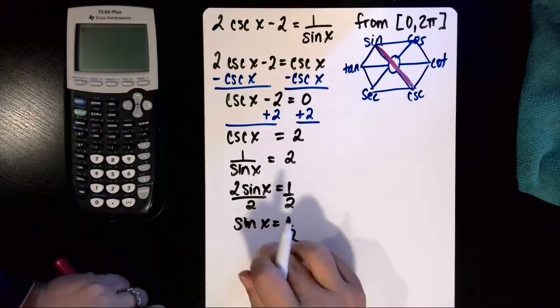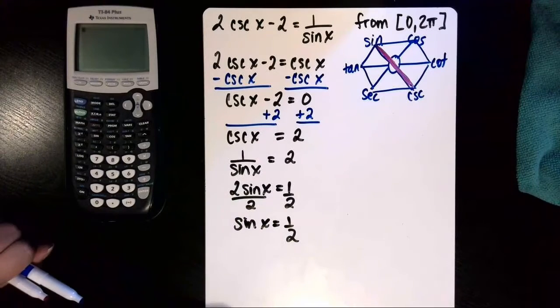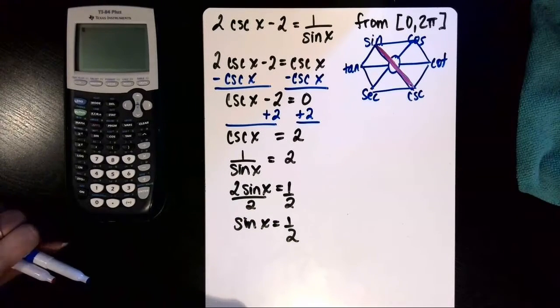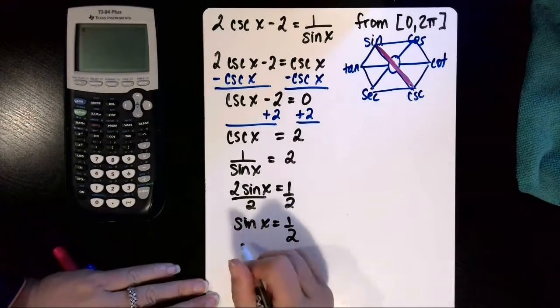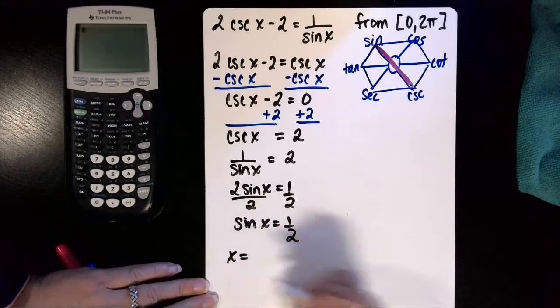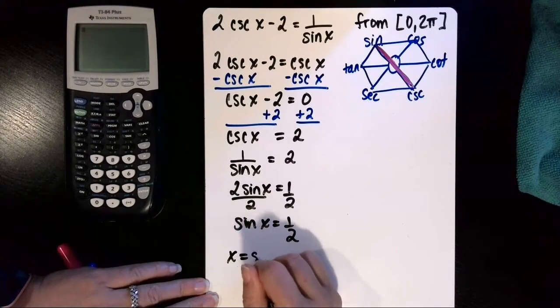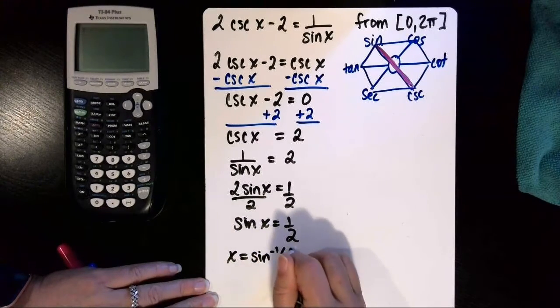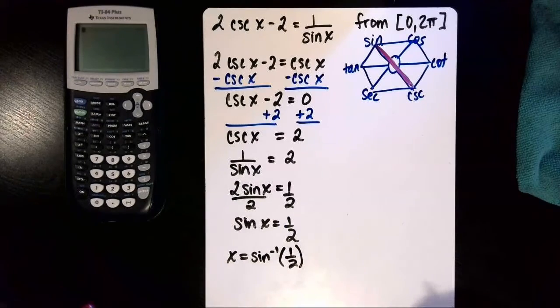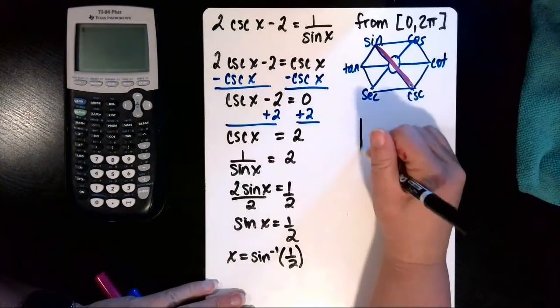So I do know my sine ratios for the unit circle. So at this point, I'll go ahead and take the inverse of both sides to get x by itself. So x would be equal to the arc sine of 1/2. And then on my unit circle,